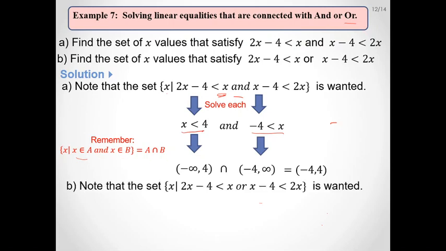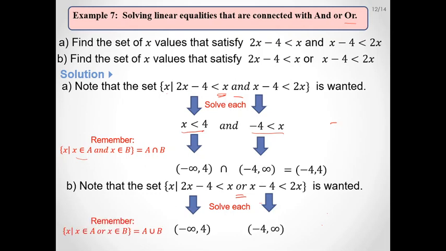And now let's come to the second. So we have OR here. We will do exactly the same thing: solve them each. And let's remember this. Remember, A union B is the set of x such that x is in A or x is in B. So if you have the statement or, it counts for the union. So if it is union, how can you find the union? Negative 4 to 4